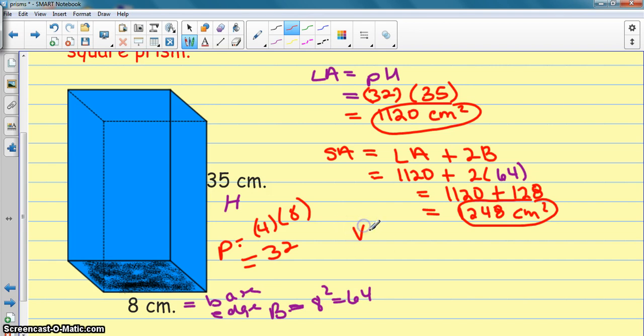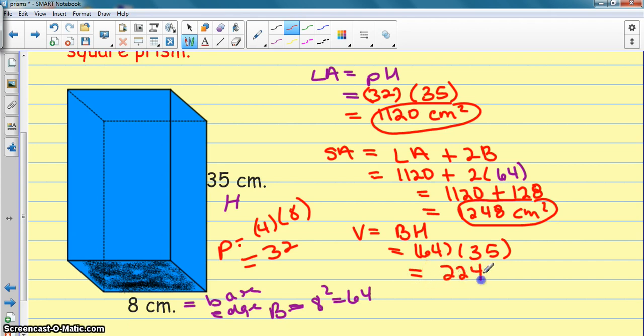Next up is the volume. Volume, remember, is how much can be contained inside of this prism. Okay, so the volume formula is area of the base times the height of the prism. And we already know our base area. We found that out was 64. The height of our prism was 35. So 64 times 35. And I get